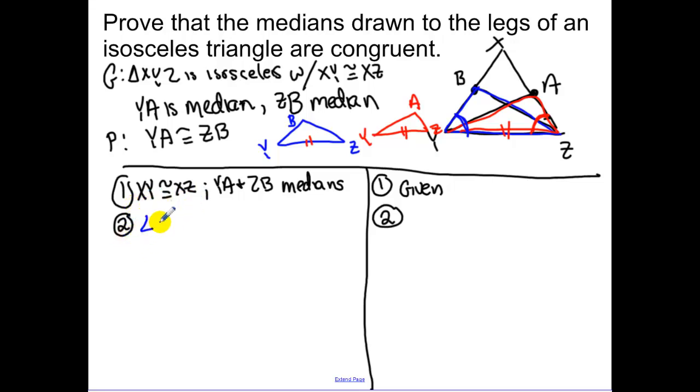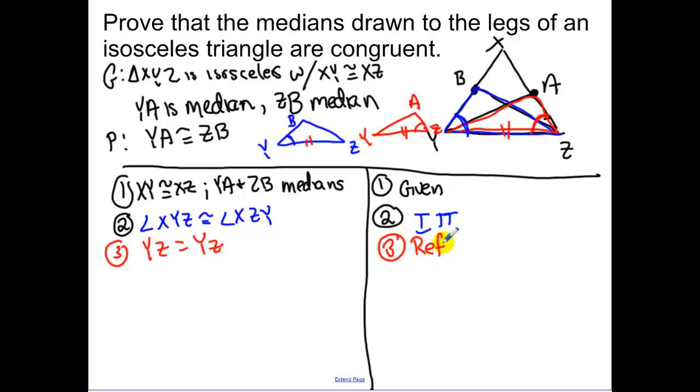I know angle XYZ is congruent to angle XZY by ITT, our isosceles triangle theorem. So I now have angles equal listed in our proof. Let me list out our reflexive step. Okay, next,